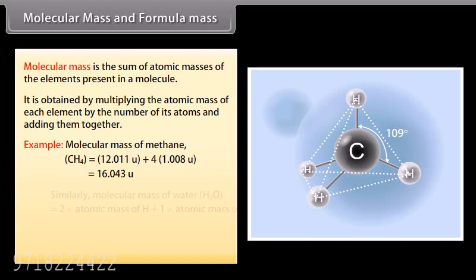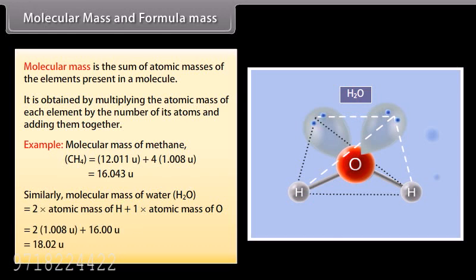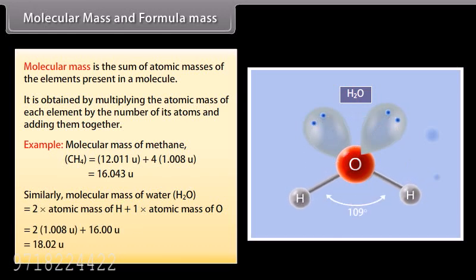16.043 u. Similarly, molecular mass of water H2O is equal to 2 × atomic mass of H plus 1 × atomic mass of O, which is equal to 2 × 1.008 u plus 16.00 u, which is equal to